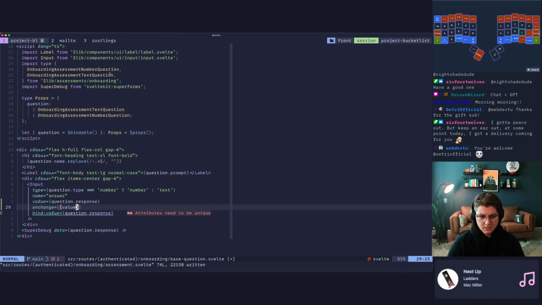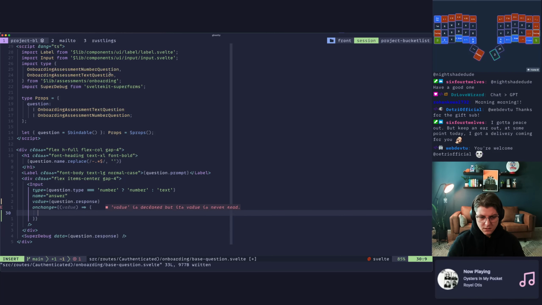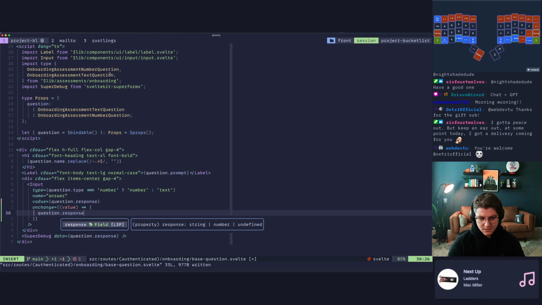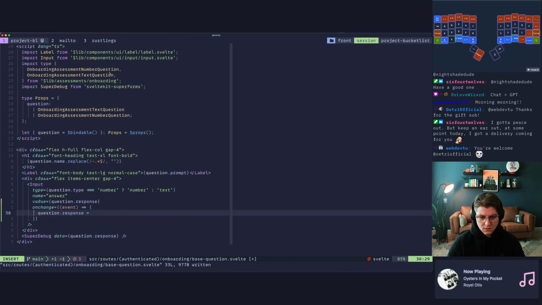What is that? LSP is broken, of course. What does it think this is? It's an event, okay. So we can come in here and we can say question, which should be responsive. Question.response is equal to, this will be an event, and this will be event.currentTarget.value.